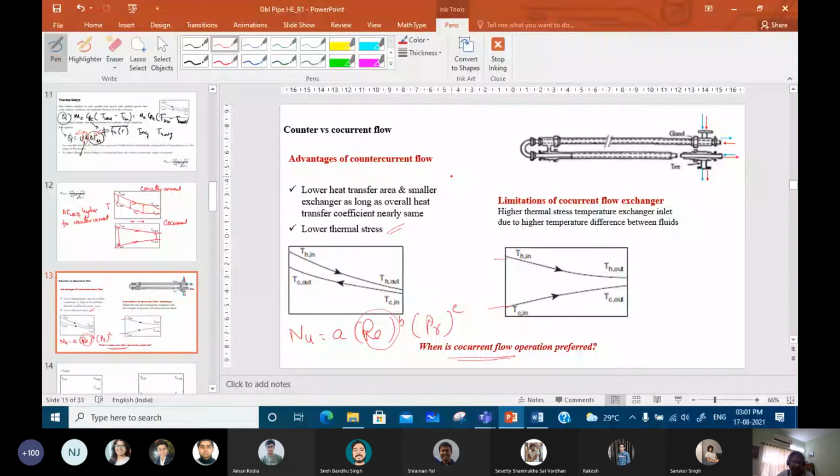Come on. These things you have already done. Yash Jain. Sneh Bandhu Singh? Come on, Sneh. Yes, ma'am. Yes, bolo. When does it not matter whether you are having a co-current or a counter-current flow? Either of them will be giving me the same area of heat exchange. Naman Goel.